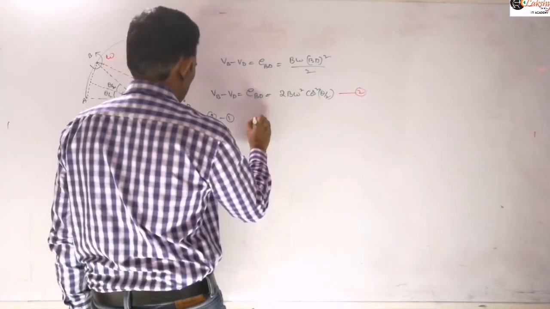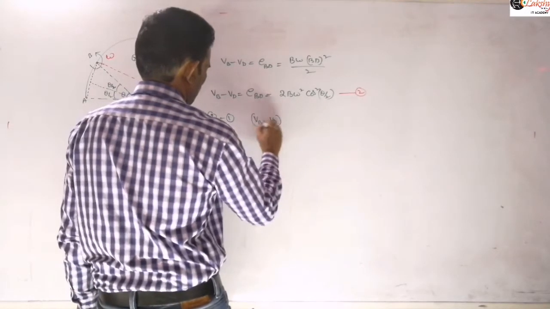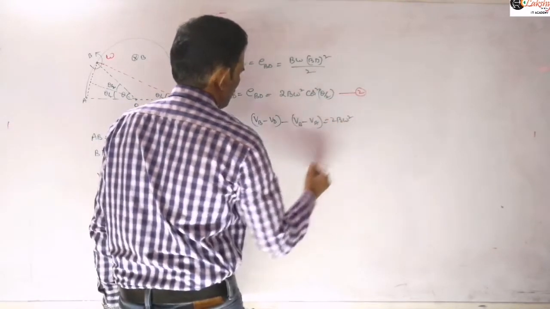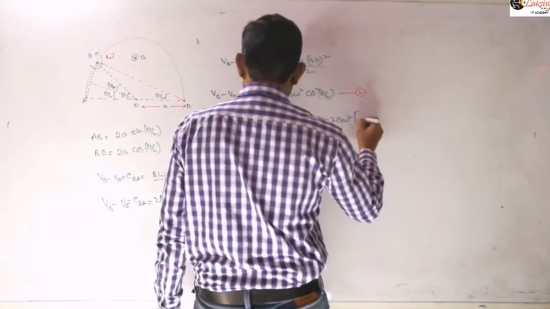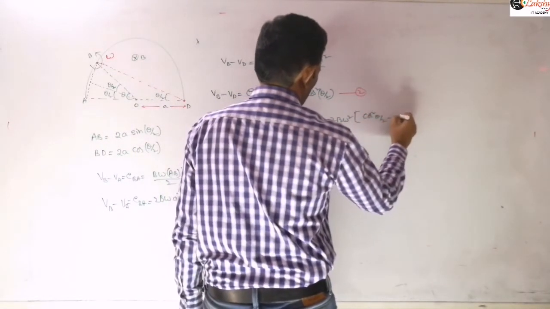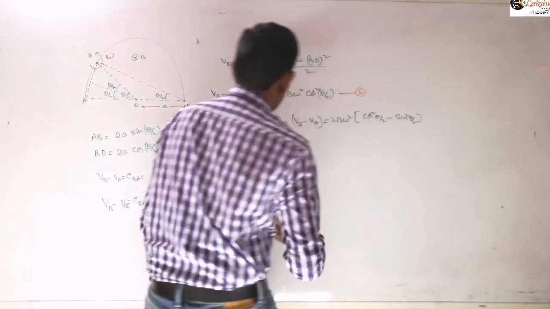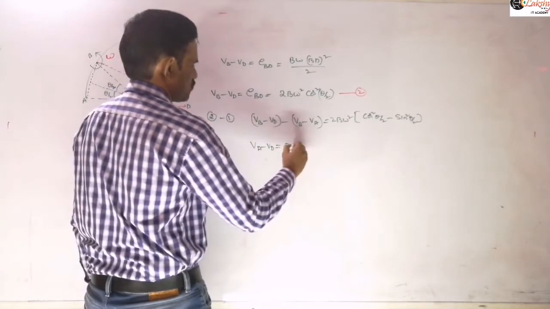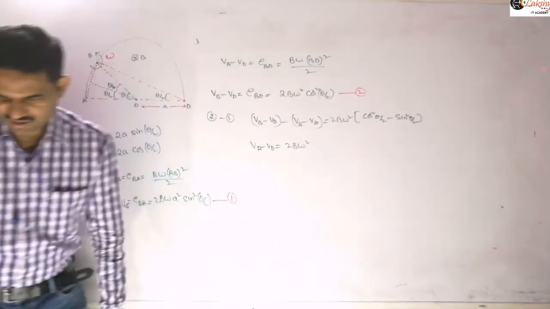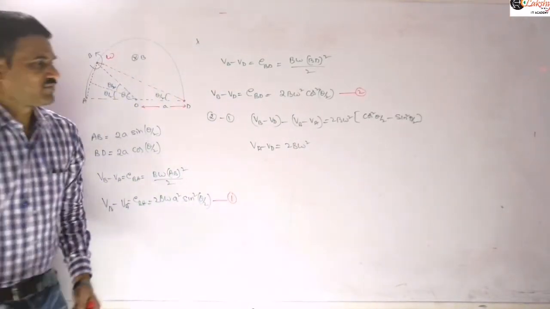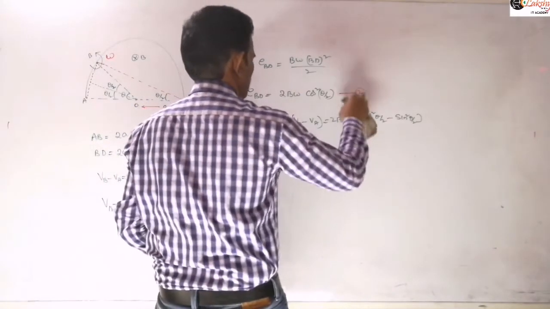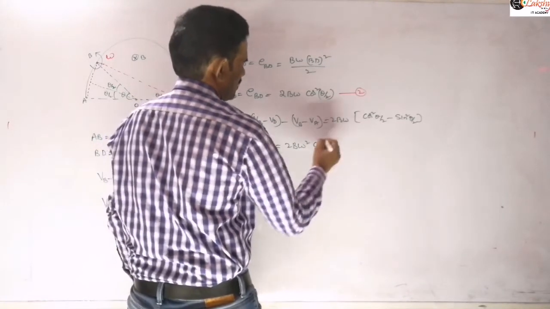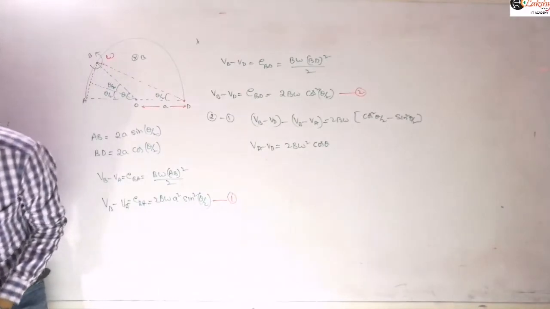So what we can write here is VB minus VD minus VB minus VA is equal to B omega square, this is cos square theta by 2 minus sin square theta by 2. Now this is nothing but VA minus VD. So this is equal to 2B omega only, omega square is not there in the formula. So this is only omega. And you know this value can be written as cos theta, because cos square theta minus sin square theta is nothing but cos 2 theta.